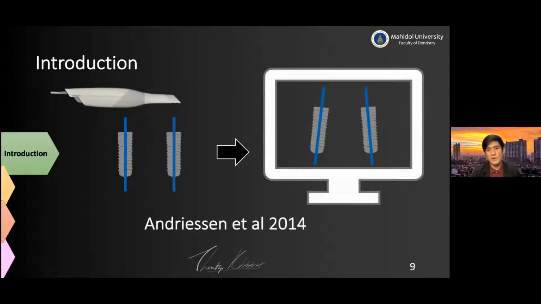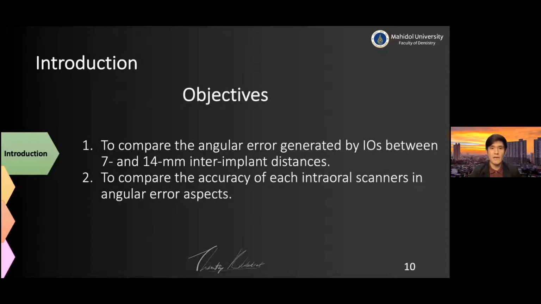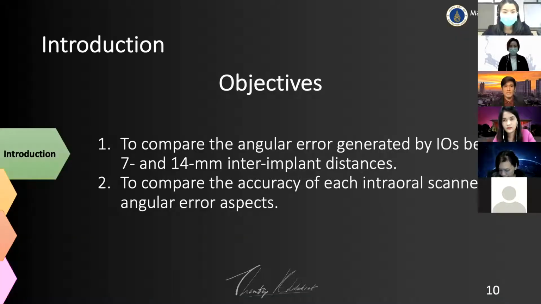Now Andreessen and colleagues' paper reported that scanning between two implants can cause angular error from the diagonal error. And in this study, it seems that the inter-implant distance does not have an effect on the angular error. So this leads to the objective of this study, which is to compare the angular error generated by intraoral scanners between 7 and 14 millimeter inter-implant distances, and also to compare the accuracy of each intraoral scanner in the angular error